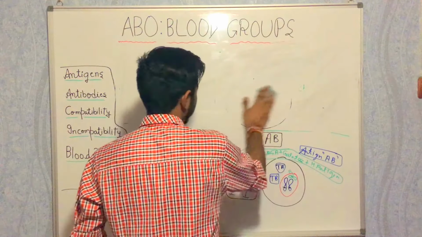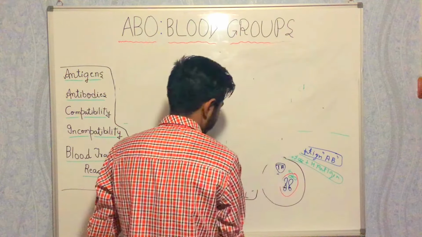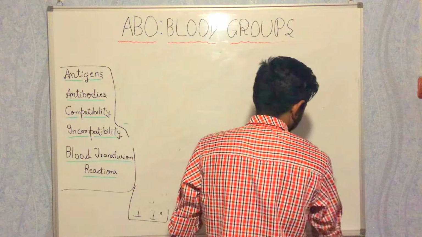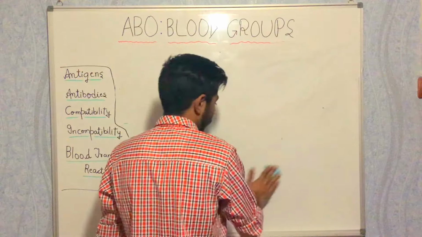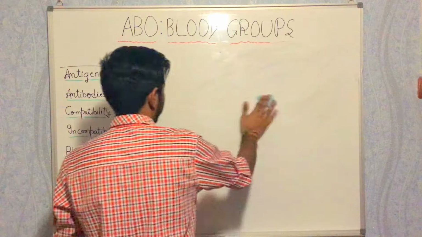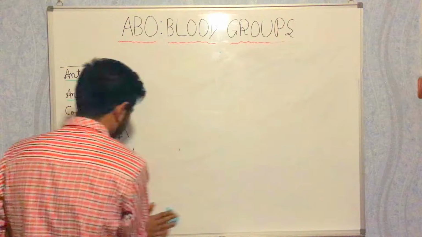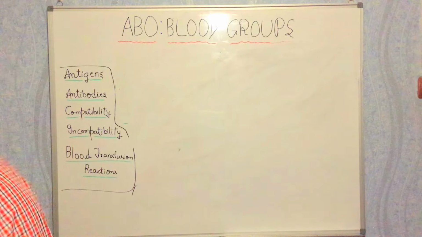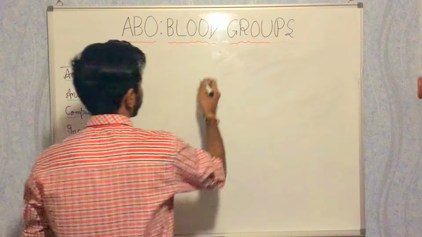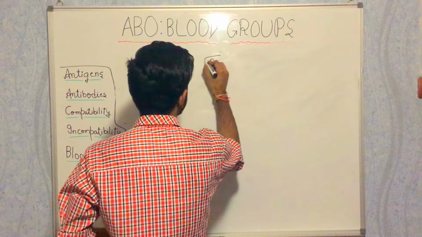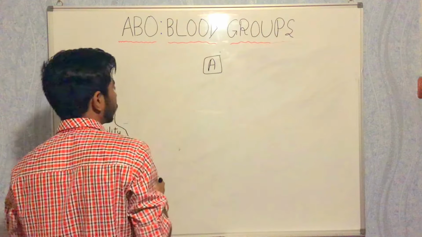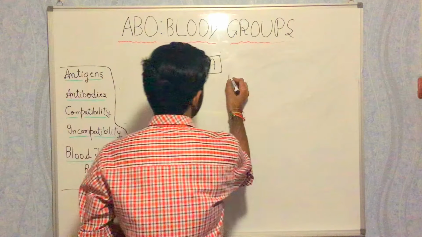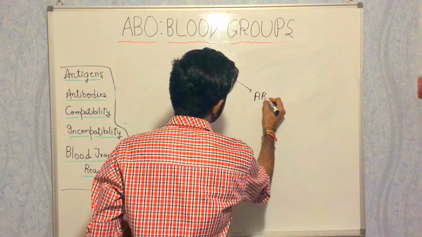Compatibility and incompatibility of blood groups: that is, what blood group can be given to which patient. For example, blood group A can be given to which blood groups, and blood group B can be given to which blood groups. If we talk about blood group A, it can be given to blood group A as well as blood group AB,